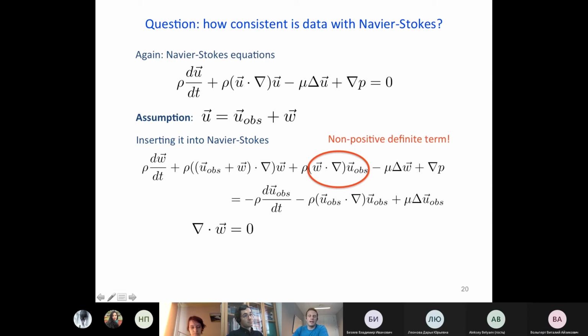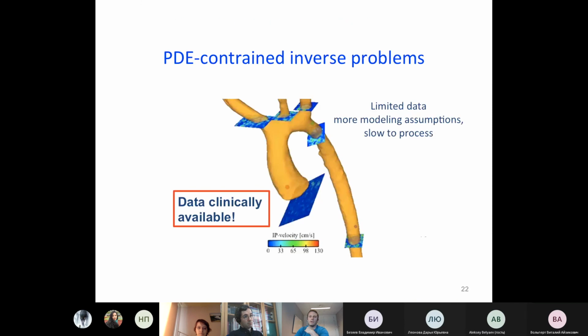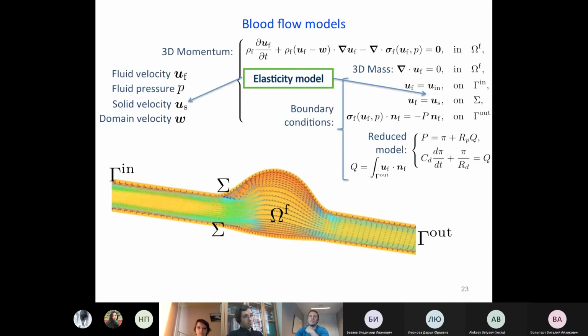Here you may get a nonlinear problem for W. Since it's a time-dependent problem, you can cleverly tackle that nonlinearity. But here you basically get a nonlinear problem for W that you have to do something with. Of course we assume, more importantly, that for these problems we know the viscosity and the density, so we assume a value. In the case of non-Newtonian flows, you can assume that the coefficients of the non-Newtonian model are known. In the case of the PDE constraint problems,